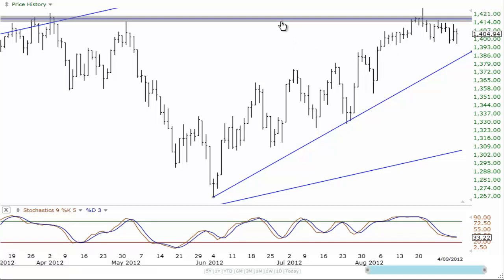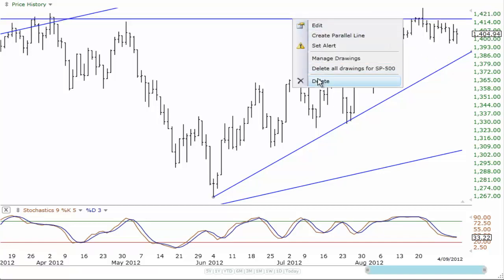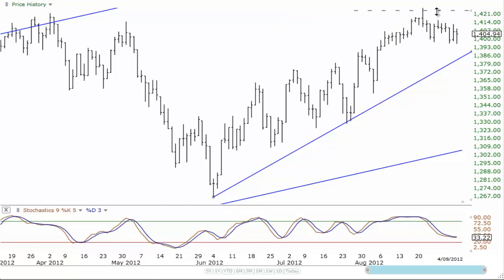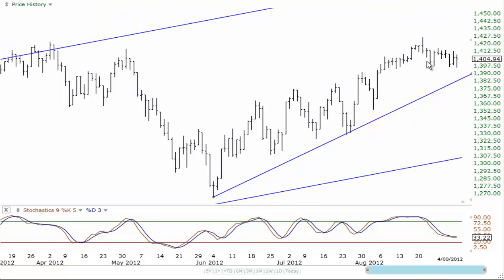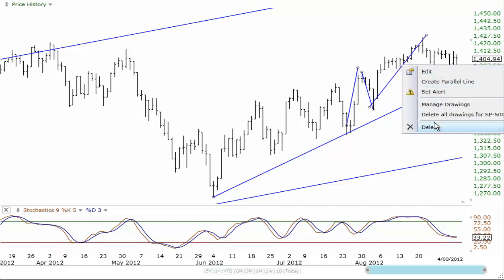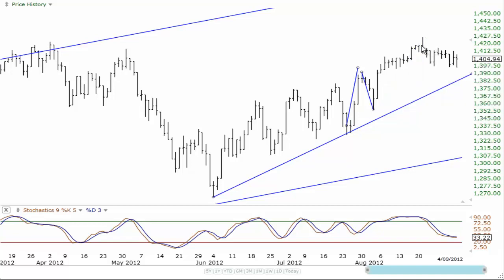Now, what is the confirmation? The confirmation is this. If we delete this trend line here, so again, we can get a good clear look at the chart. We can clearly see that this market's had a big run up through here, and then a run back down through there, and now it's had a big run up through here, and now it's running down through there. All we need to do is draw the trend line from, not the highs, we could draw that trend line from the highs, meaning connect the highs up through there and then draw it down through there, or we could connect it from here to here, and as we can see, that's the more relevant